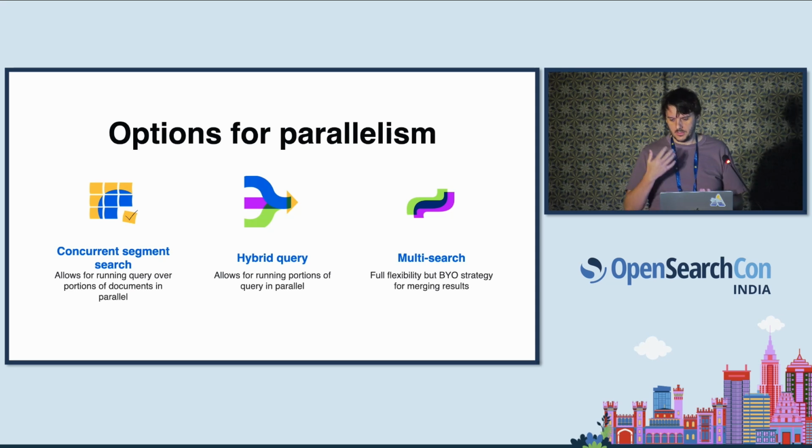do both KNN and full text search and merge those results together, and a good option for that. But it can also be used for parallelism. Finally, there's multi-search. It's similar to hybrid search, except you have to bring your own merging algorithm. Hybrid search has those built in. Multi-search gives you more flexibility, but you have to figure out how to merge the results from those 2 different